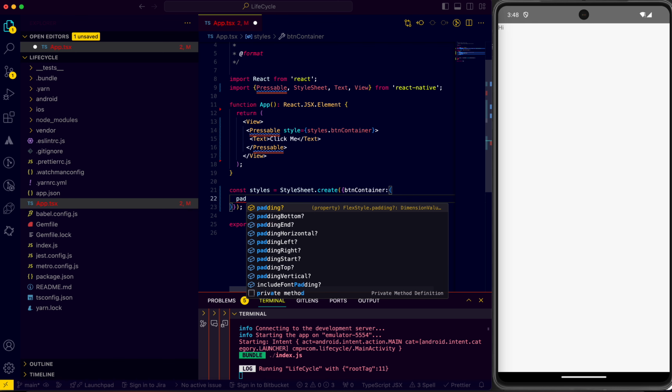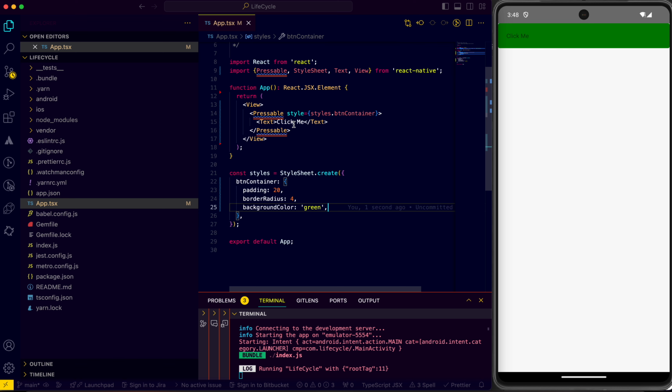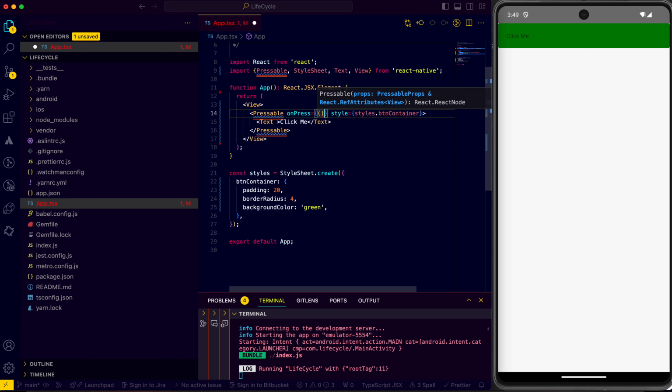I'll say padding of 20 pixel, border radius of 4, background color green, and let's see how it looks. Okay, looks good. And I want to have on press, and on press I want to do a log that click me